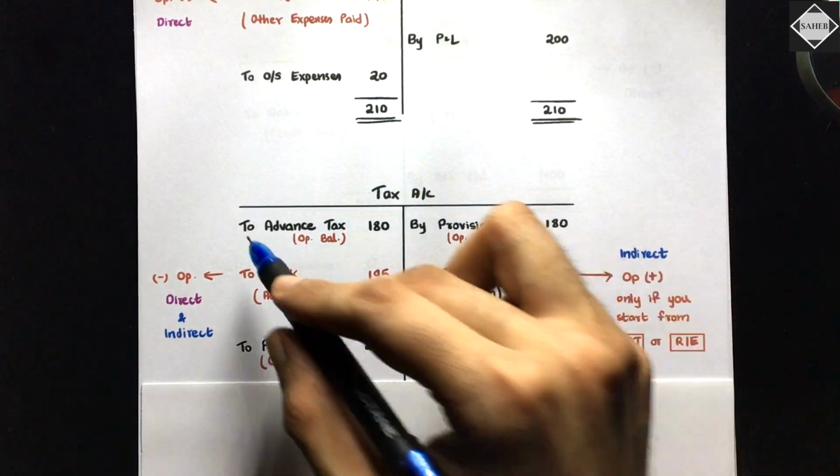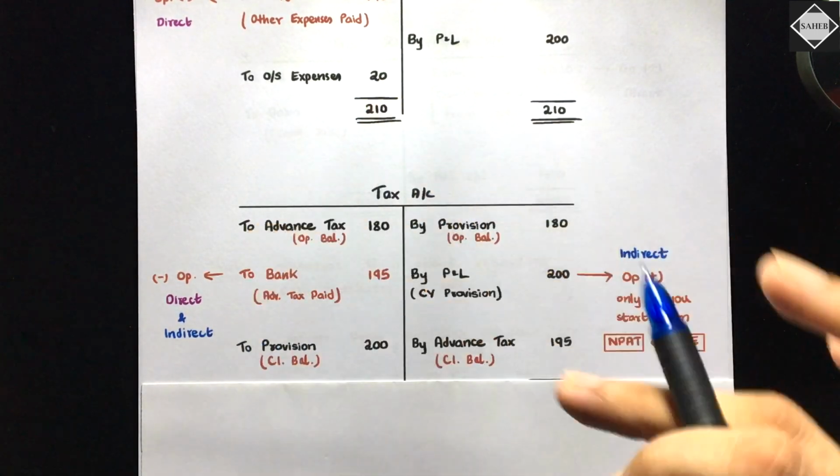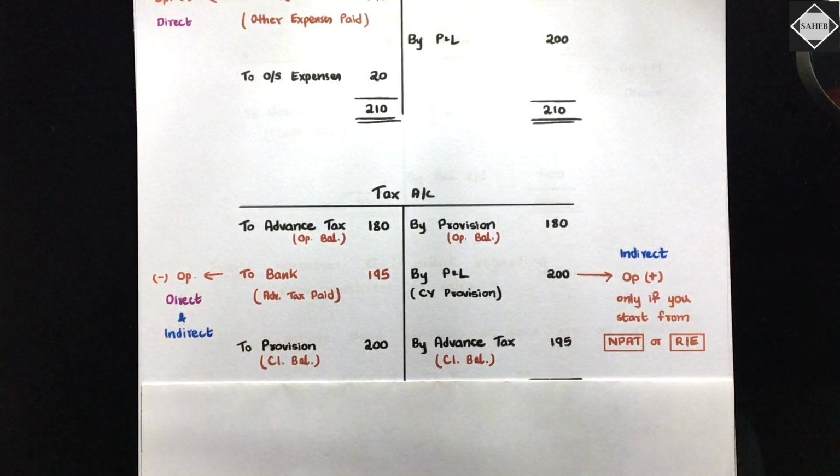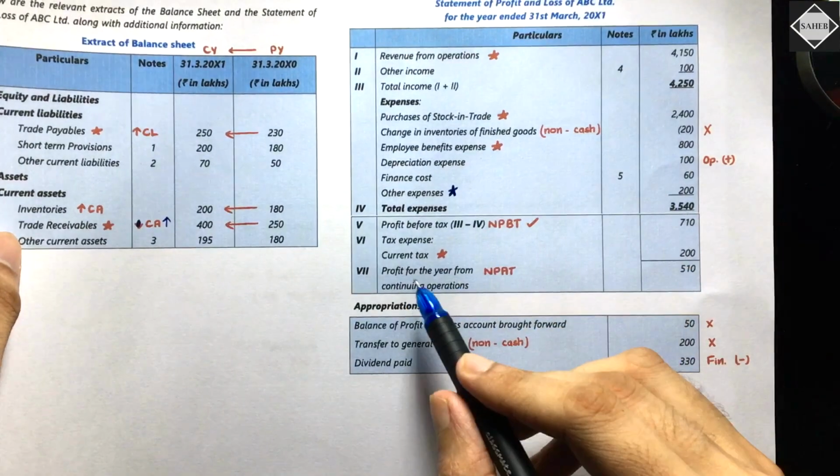Fine, now advance tax. Here, two advance tax: opening balance, closing balance. Okay, four figures are clear to you. This is what you have to do. And then regarding current year provision, where will you get it? It is given in the profit and loss,